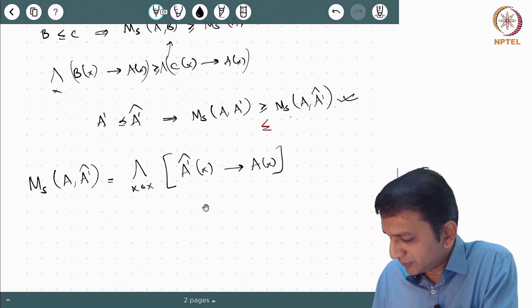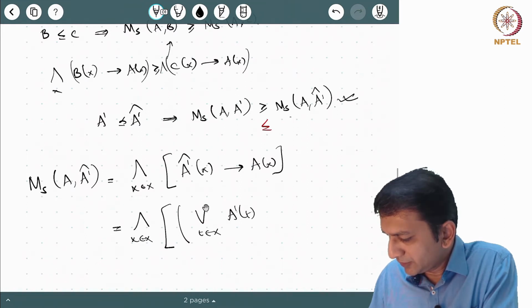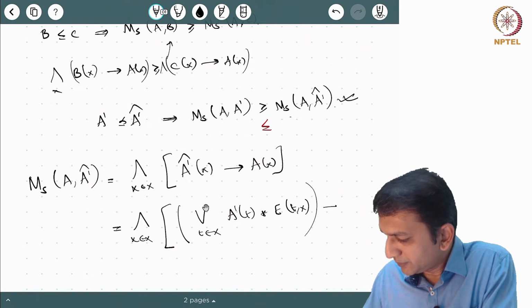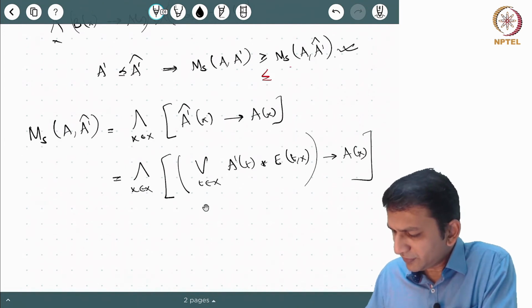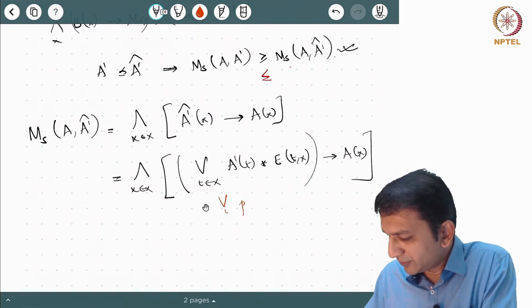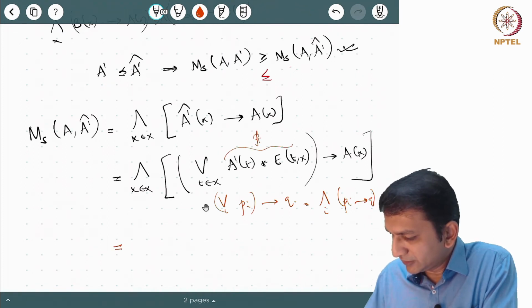Now once again, the sup over t element of x, a dash of t star e of t comma x implies e of x. Now we know that in the residuated lattice setting, you can look at this as the sup over i of p_i implies q, which is actually equivalent to, we have seen this before, the inf over i of p_i implies q. So taking this as p_i, you can write this as